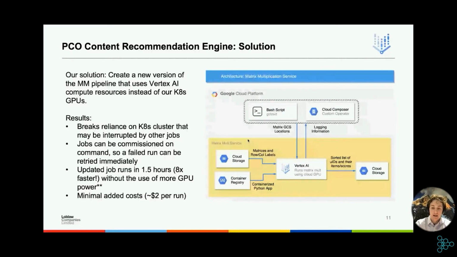And I want to be very clear here that it's not that Vertex AI is any faster, it's just that we found optimizations within our own code to fix the issue of the slow runs. And the final thing is that this adds very minimal cost to us. It's only around $2 per hour to use the compute resources that we're using, and so it's not adding too much for us. So that is a very useful part of the solution.